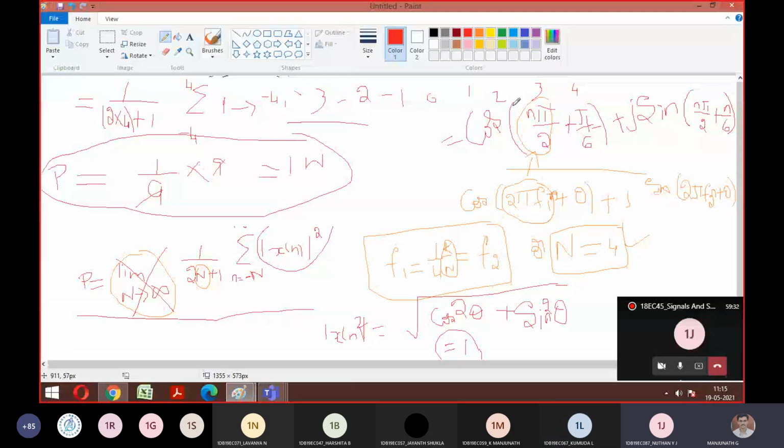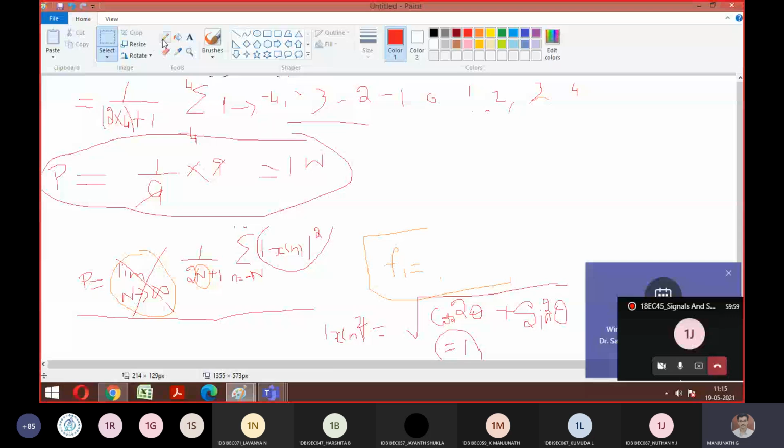Okay, I will tell. Just a second. See, what is the meaning of summation? You tell me first of all. I should add the things. So I should add from where to where? That will be told by the interval.